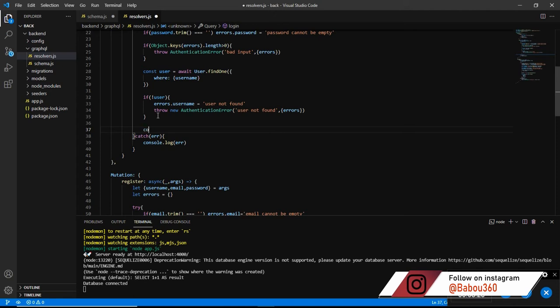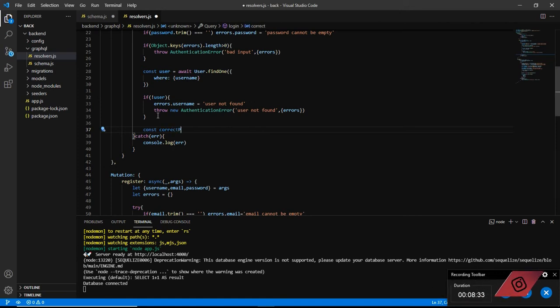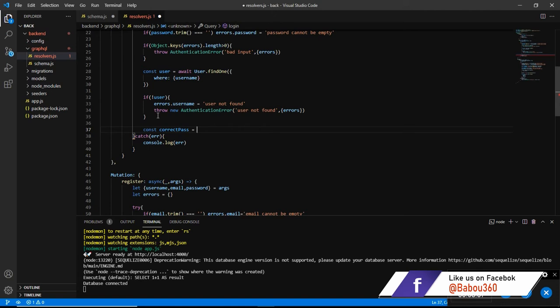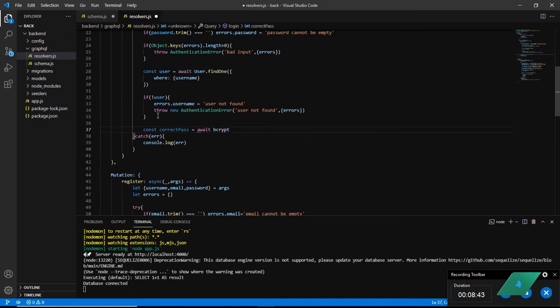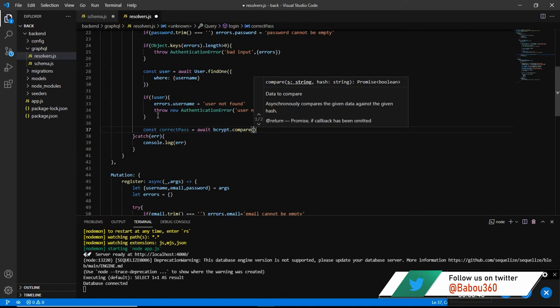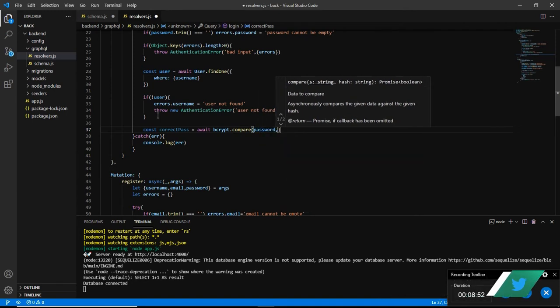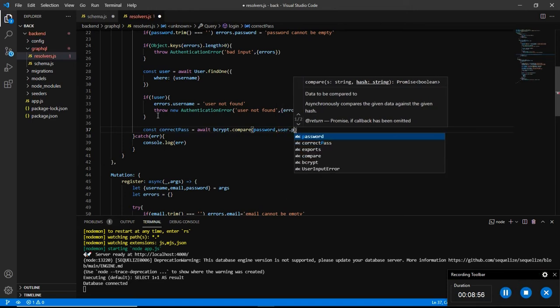So const correctPass is equal to await bcrypt.compare, and then we're going to compare our password and the password of our user in the database. So user.password,